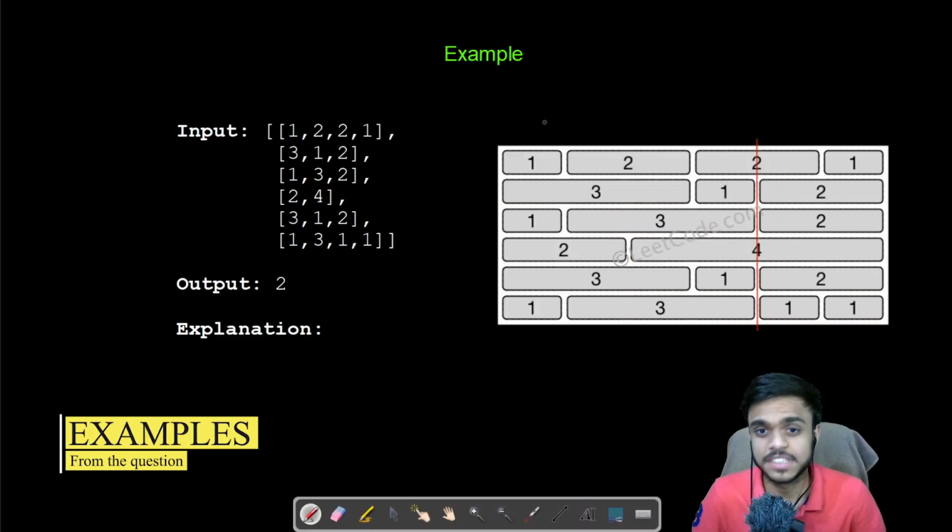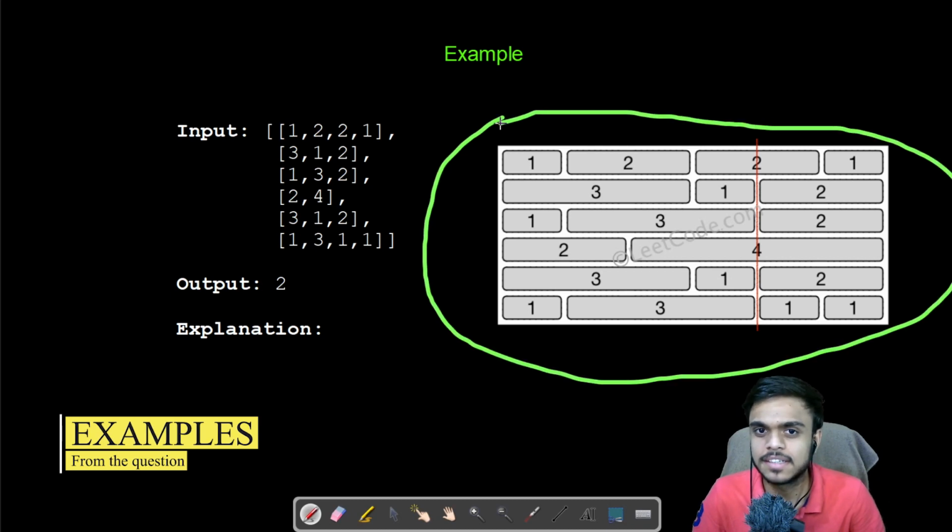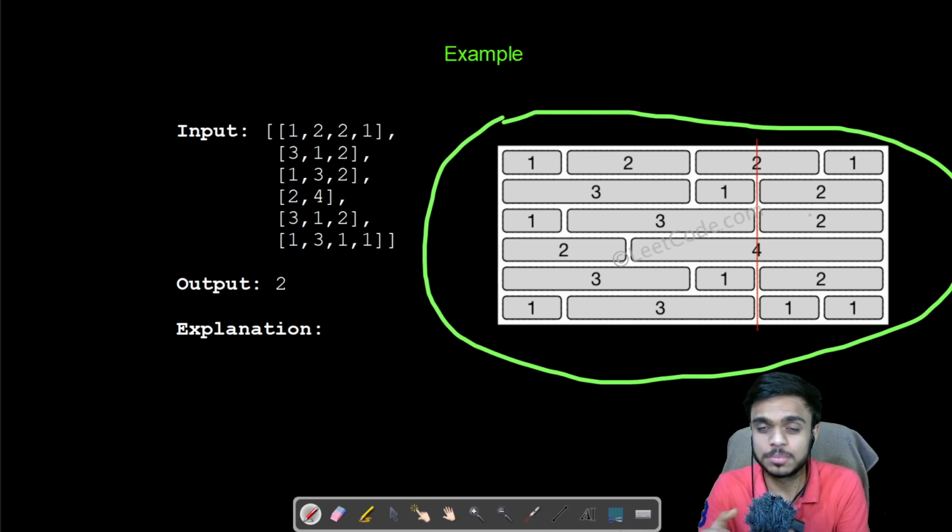Okay, so this is the example that we are given, and in this we have a wall. This wall contains multiple layers, and in each layer we have different bricks. The property of the bricks is such that every brick has the same height but the width is different. That is prominent from the figure, right? One more thing that they have mentioned is crossing.